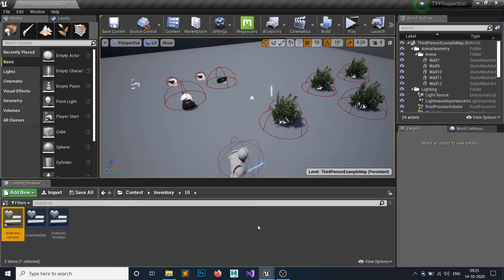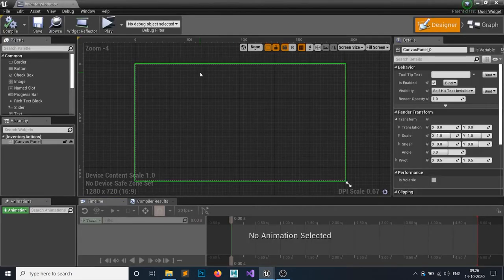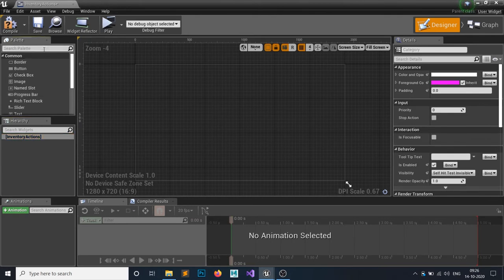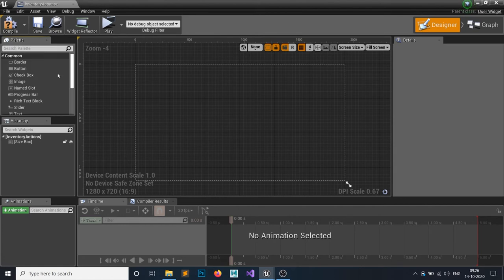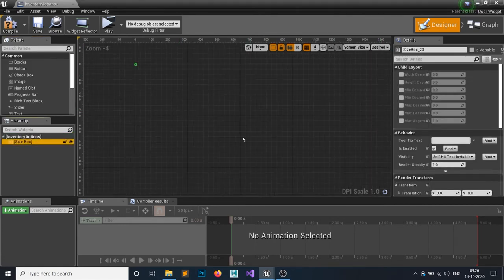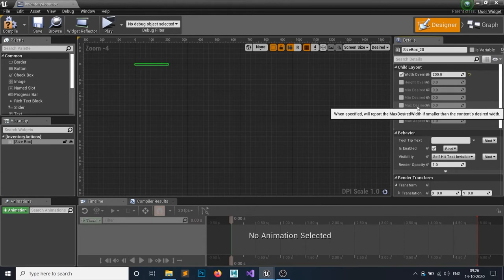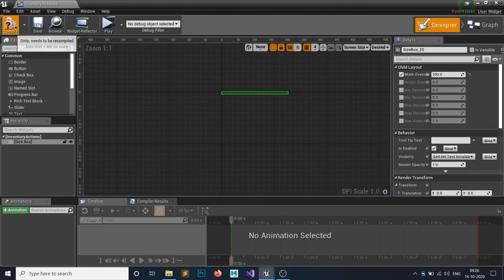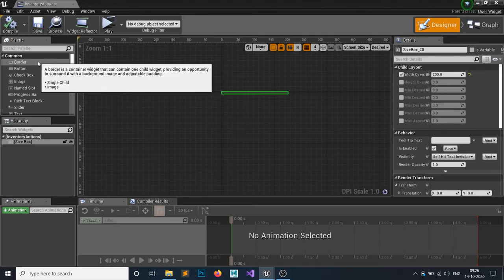Open that up. Click on this canvas panel and just hit delete, because we don't need that. What we actually need is a size box, because we want to make a size of this and make it to desired, so we can view this how much we wanted. The width would be, for me it's 200 is fine, and we don't want to change height override, because it's going to change eventually once we add the events, like whatever the buttons you want.